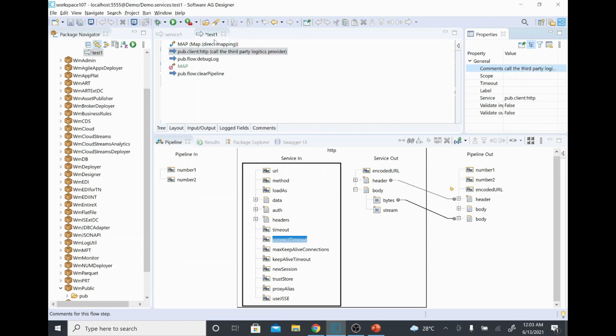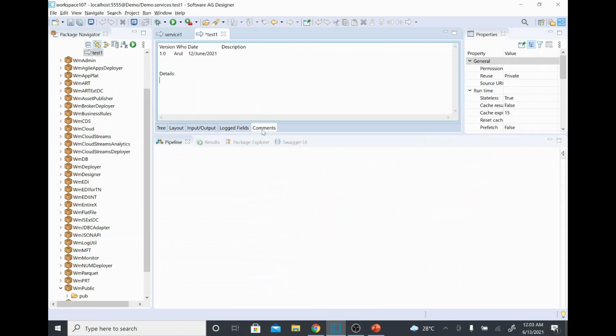So we have a comment, and this is the step level comment, right? Similarly, you have a service level comment here. There you document all the information: what is the version of the service, who has done the development and when, and at a high level what the service is. This is a test service. And if you want to write more detail about the test service, you can mention that this service is used to capture all the coding guidelines or best practices.